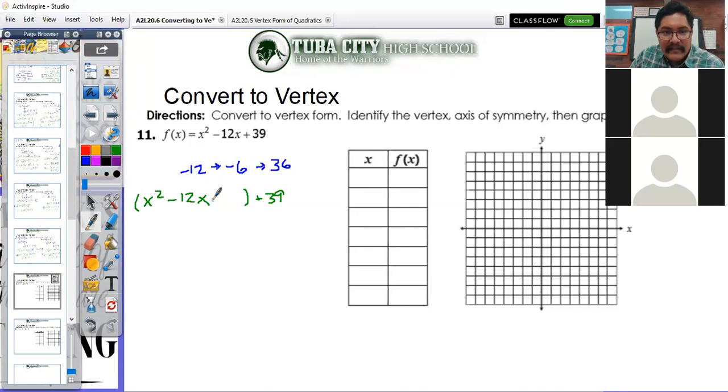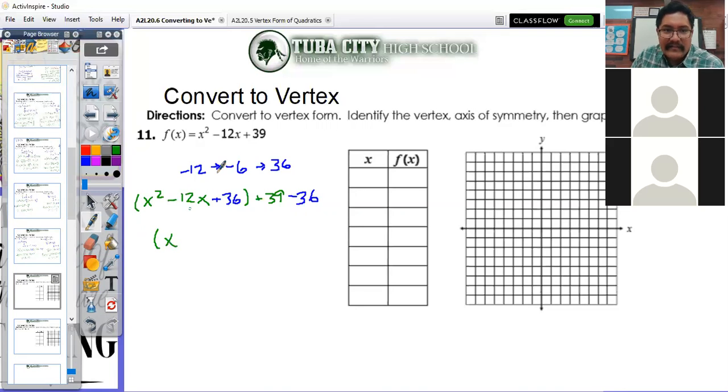Now I'm going to add 36. Now this one has no funny business going on. There's nothing out here, so I can go ahead and just add 36 and minus 36. And in this point here, we're going to go ahead and